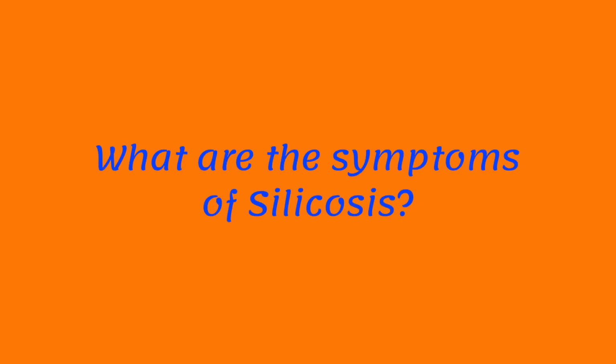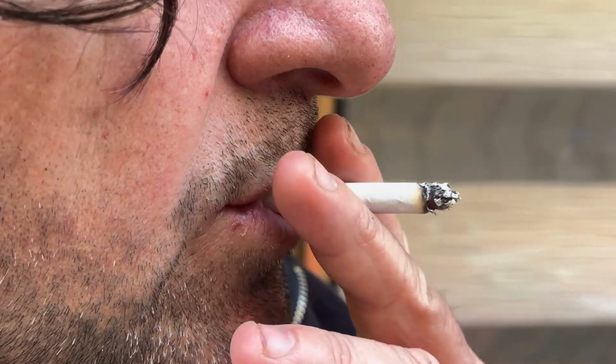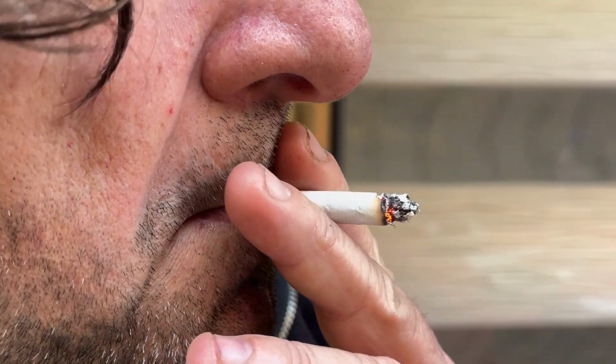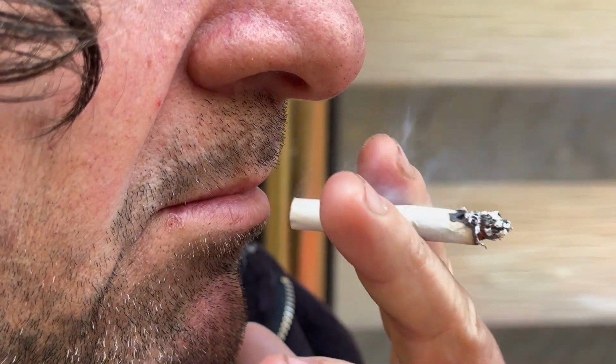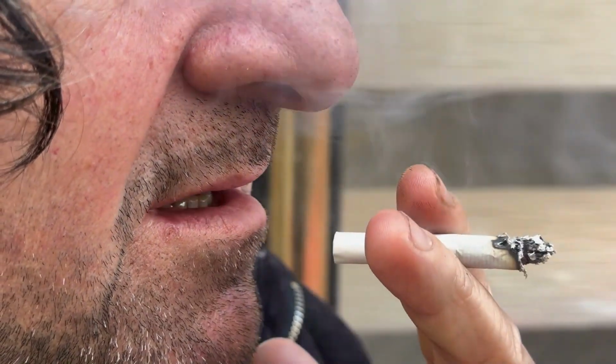What are the symptoms of silicosis? Shortness of breath and possible fever, fatigue, loss of appetite, chest pain, dry, non-productive cough, respiratory failure, which may eventually lead to death. Workers who are smokers have a higher chance of experiencing the adverse health effects of silica if exposed compared to someone who is a non-smoker.